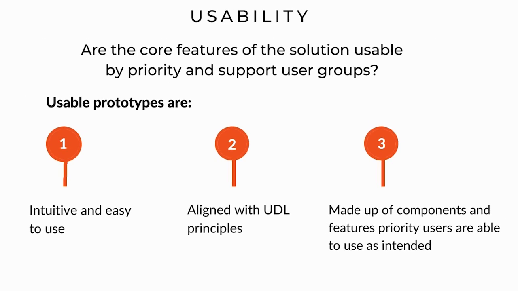Usability: are the core features of the solution usable by priority and support user groups? So usable prototypes are intuitive and easy to use. So that's hopefully what you would get after you've done your usability studies. Made up of components and features, priority users are able to use as intended, so as you, as the creator of the solution, have designed them to be used, and aligned with universal design